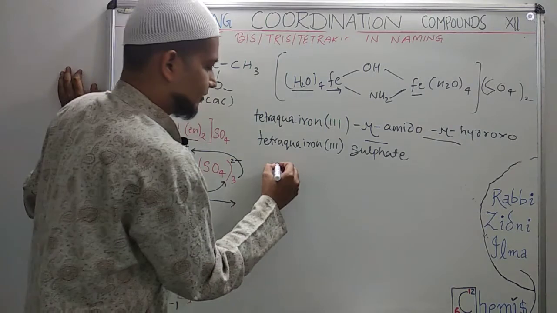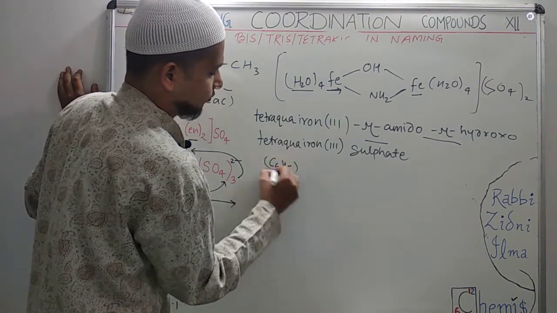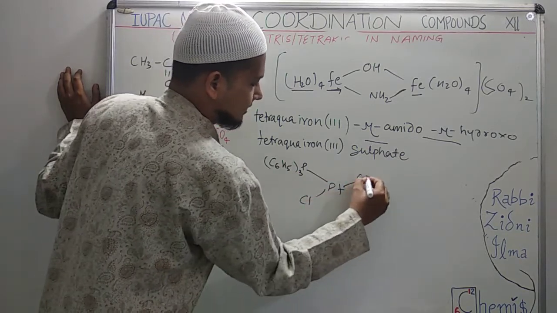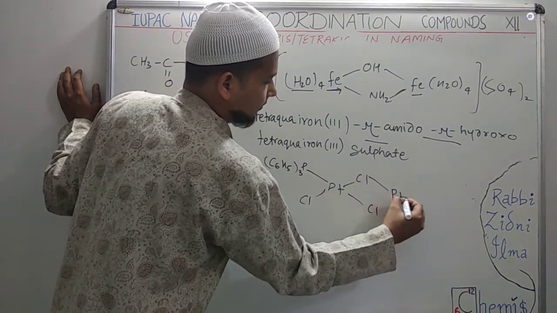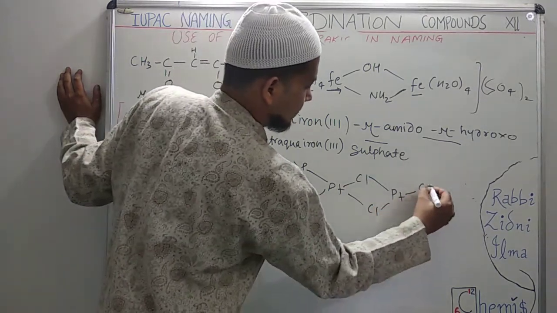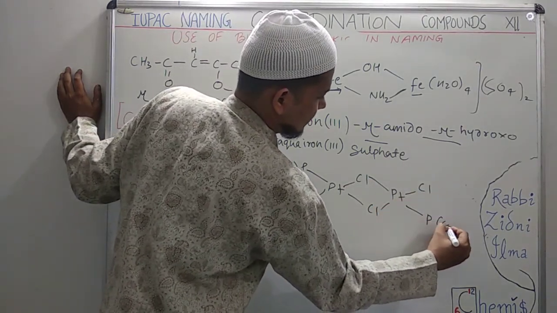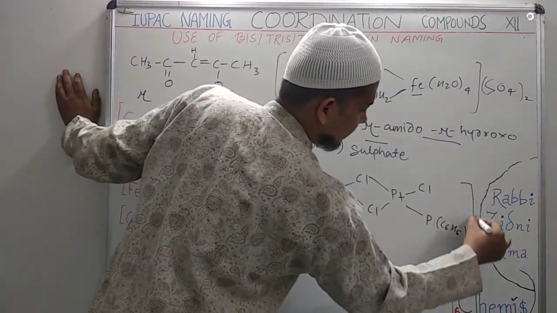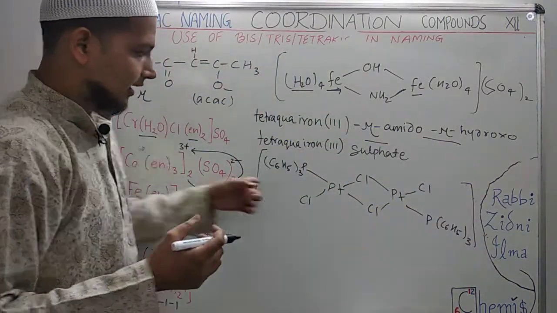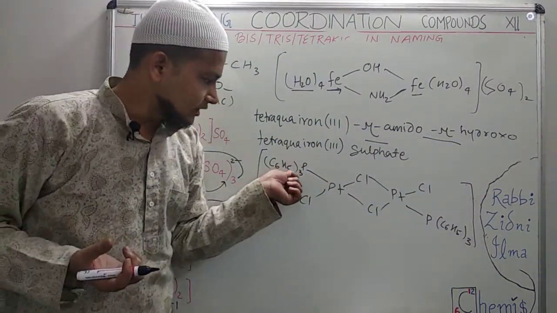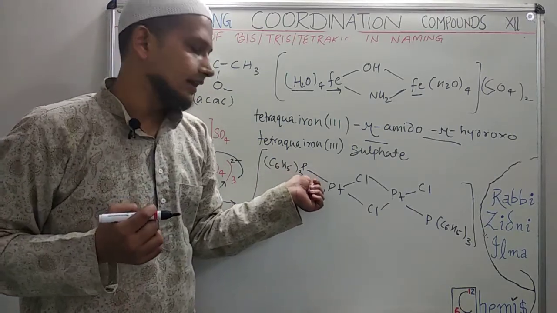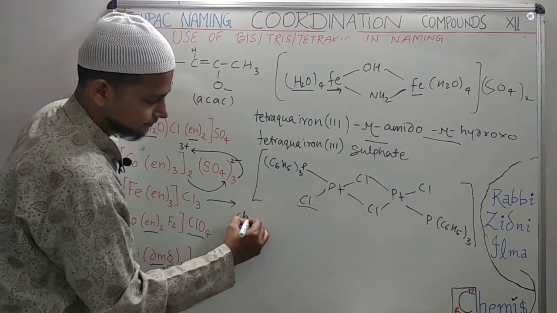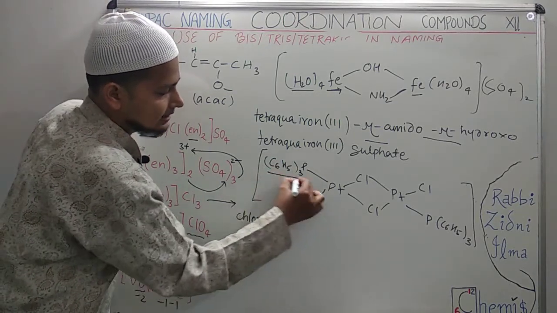One more particular case, we have this P(C6H5)3 and platinum, Cl, again Cl, again Cl, again platinum, something like Cl, and again P(C6H5)3. Now if you are trying to name this, it will be very nice. Try this by yourself. P(C6H5)3 is triphenylphosphine. The ligand name is triphenylphosphine. Let us start from the left, chlorido. Next up we have this triphenylphosphine.